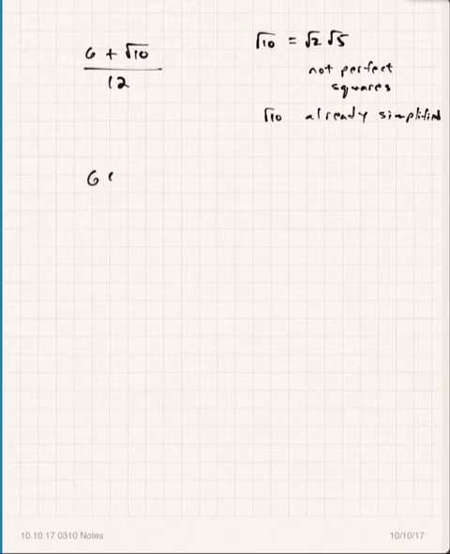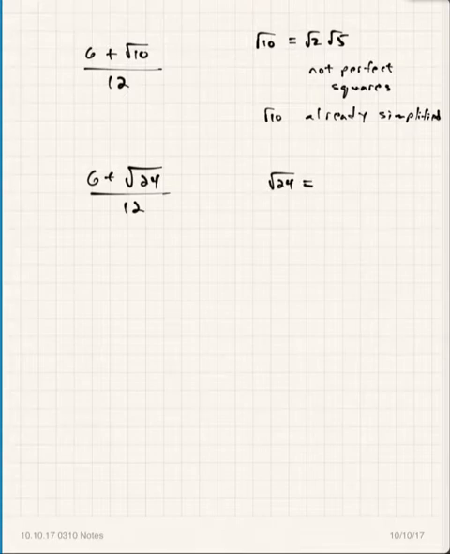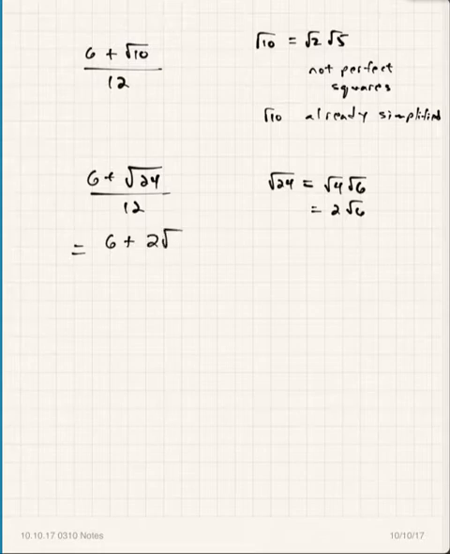Now, if it had been something that simplifies, let's say it was 6 plus the square root of 24 over 12. Now there's something you can do, because square root of 24 simplifies. Isn't there a factor of 24 that's a perfect square? How would I break up 24? 6 and 4? Yep, and not 3 and 8, because those are not perfect squares. 6 and 4, like you said, Xavier, is exactly how you break it up. And so that would be 2 times the square root of 6. So you would break it up as 2 times the square root of 6,